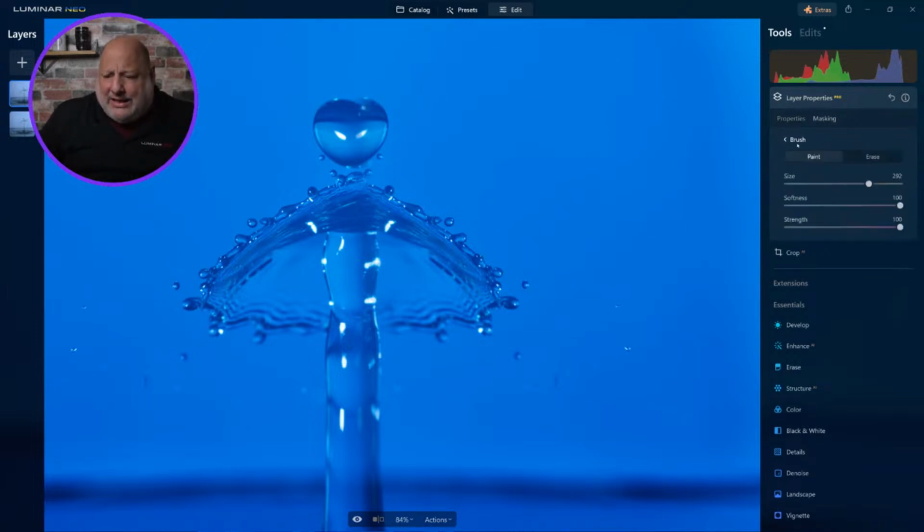And I can take the brush size again. Let's see if I erase this area up in here. Let's see what that does. Nope, I want to paint it in. Let's see what that does. Good. So this is the artistic side where you just take your time and you start to figure out what's